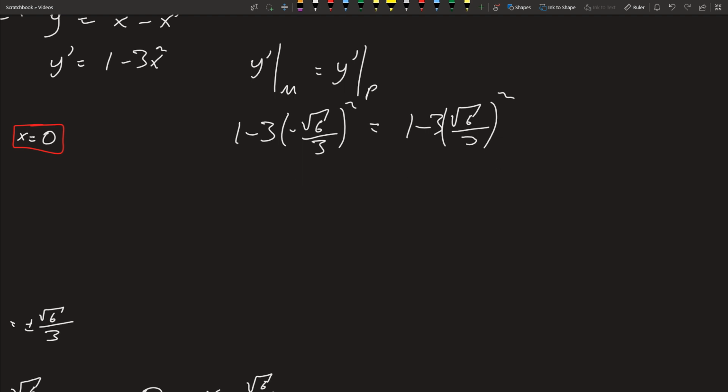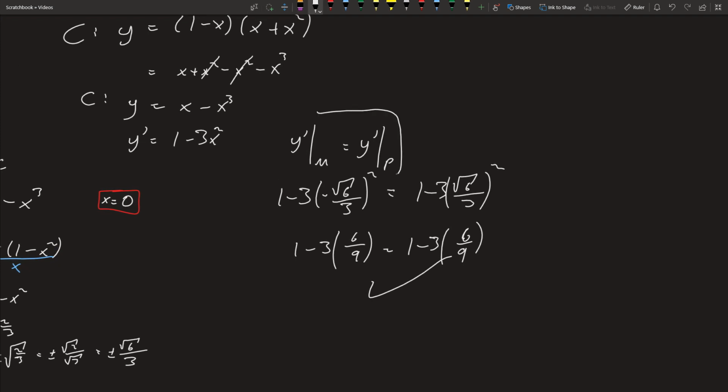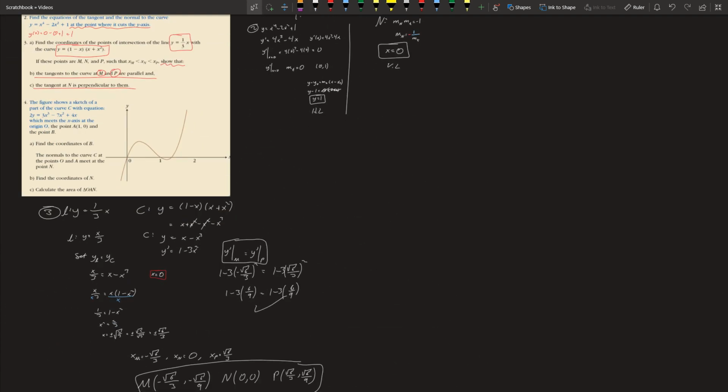So let's simplify. We have 1 minus 3 times... the negative cancels out, so we have 6 over 9 is equal to 1 minus 3 times 6 over 9. We can already see that they're equal. Doing some more simplification, they're equal. So that means we verified that the slopes of the tangents to the curve at the points M and P are equal, or the tangents are parallel at those 2 points. Anyways, so that's part B done. I told you it's simple. And